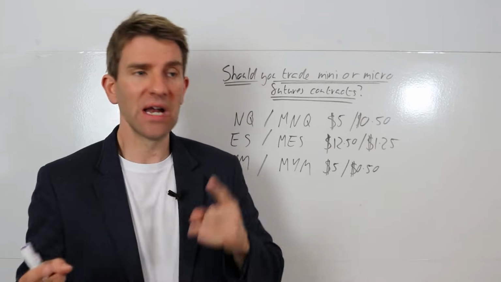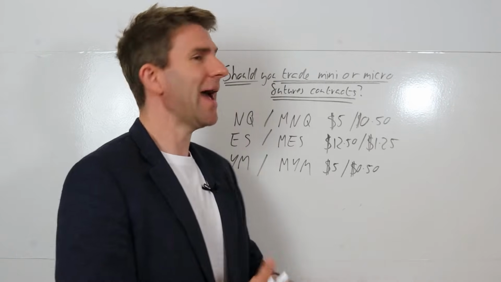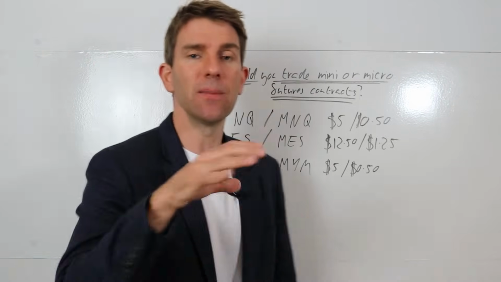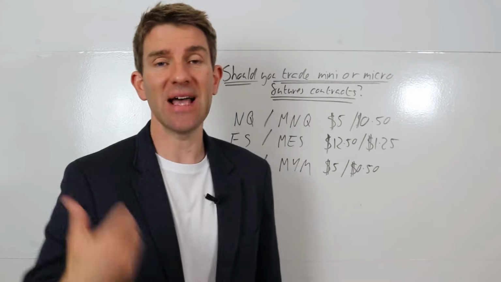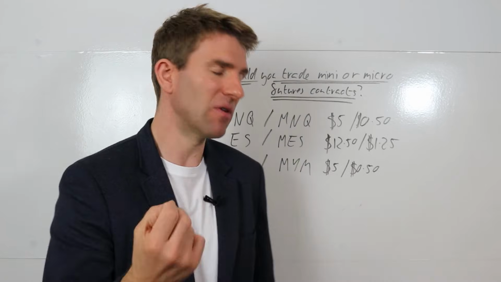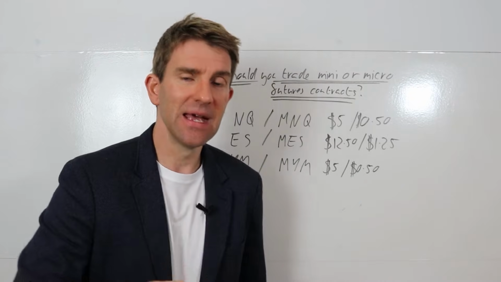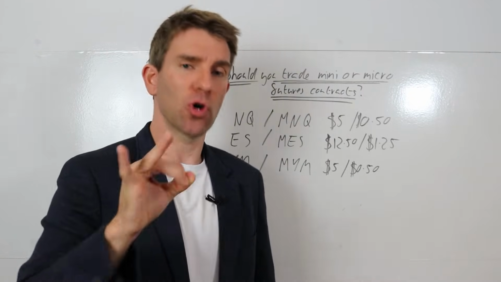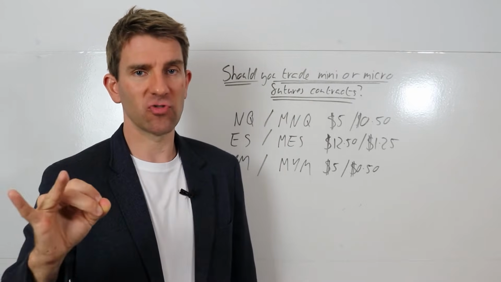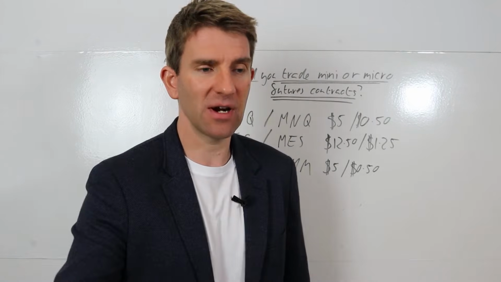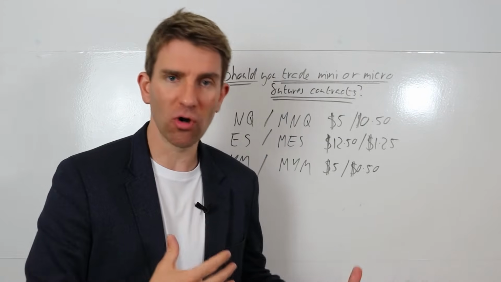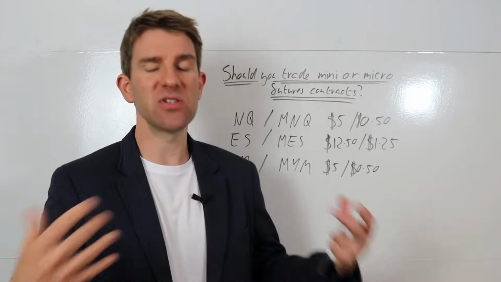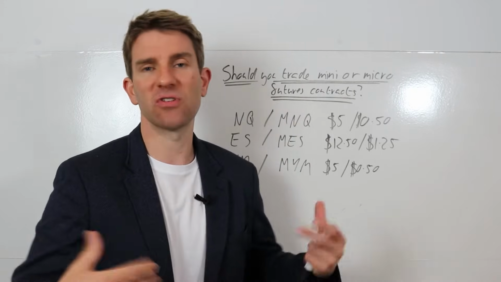So first of all, let's just think, what are these? Many years ago, we were trading in the pit, electronic trading came out and they said, hey, you can trade the S&P 500 contract in electronic format, let's call it the E-mini. It would be a much smaller contract than the full fat pit contract. So it allowed people to trade electronically. It was the first foray into electronic trading, a smaller contract size, and it allowed retail traders to get involved.